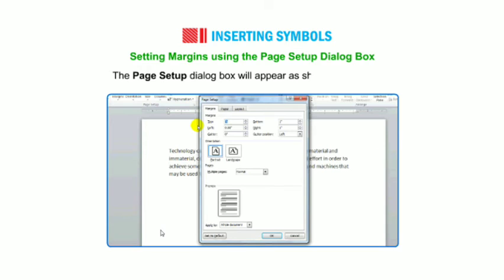By clicking on custom margins, this page setup dialog box will appear, as shown in the figure, and you can see different values available for margins, for example top, bottom, left, right, etc. You can change these values and set the margin according to your choice.